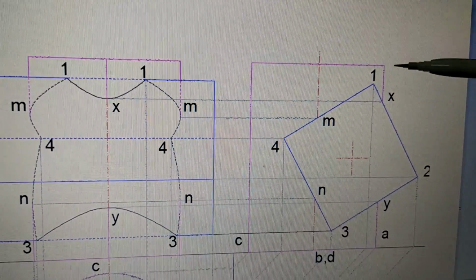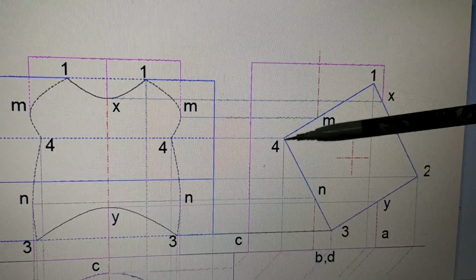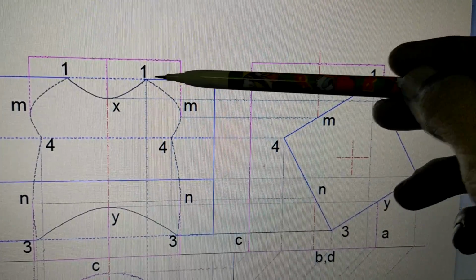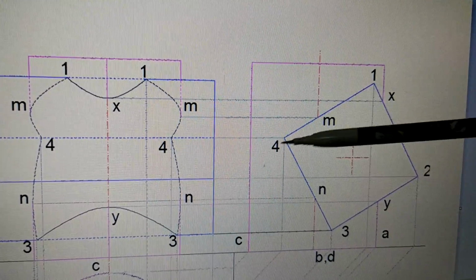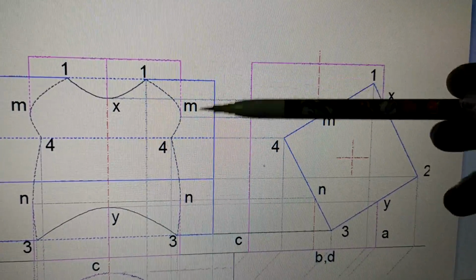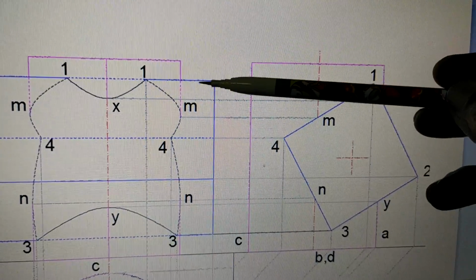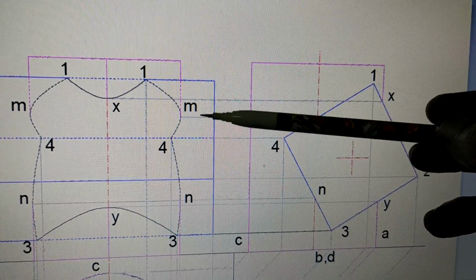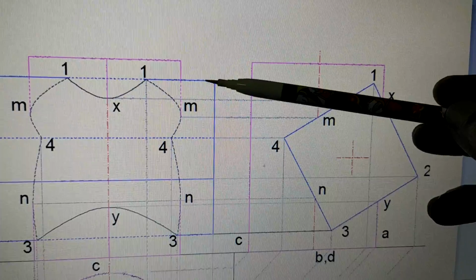You can also observe one more thing, that this curve from 1 to M and M to 4 has gone behind. So the edge at 1, this is the edge at 1, has come and touched the cylinder here. Now this is the back side of the surface. This 1,4 plane is on the back side. You can see here it is on the back side. The 1,2 plane is on the front side. So from here to here, this is the front plane, and from here to here, this is the back side plane.